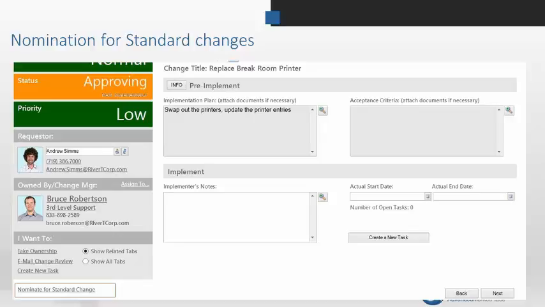It's a parallel ticket that's saying, I want to swap out printers and update the printer entries to be in the standard change library, which in Cherwell means that there are no approvals associated with them, and it is just something that gets opened, implemented, and closed with being on the forward schedule of change, but without going through the formal approval process.